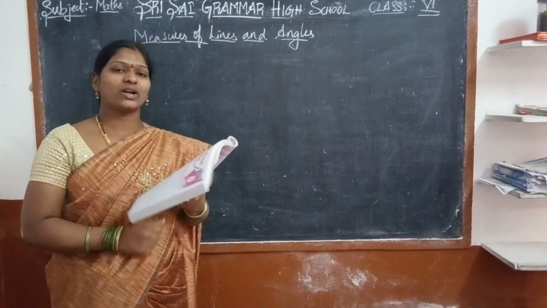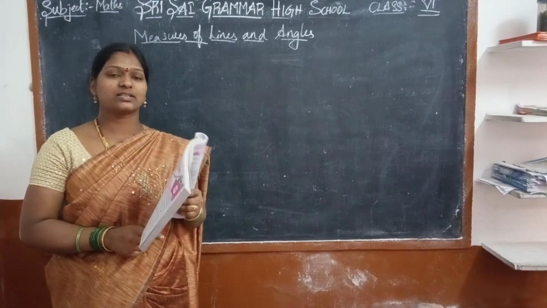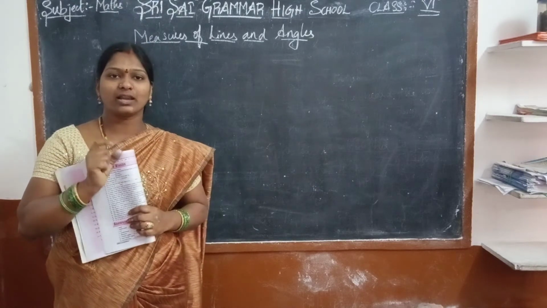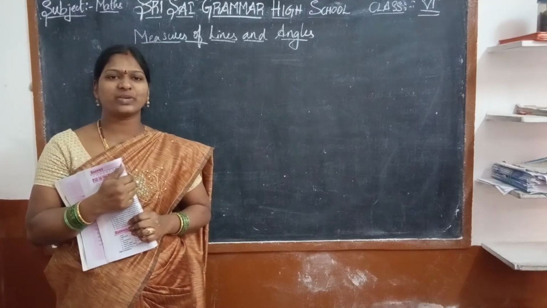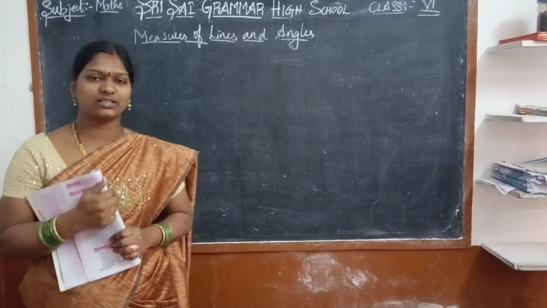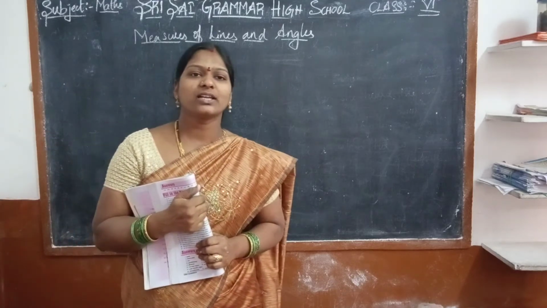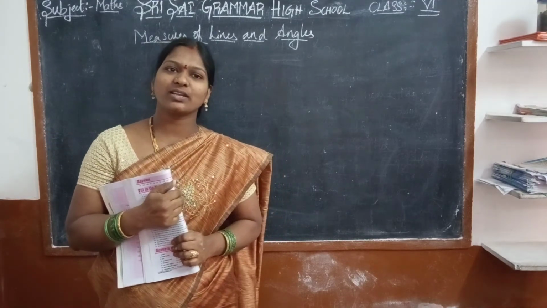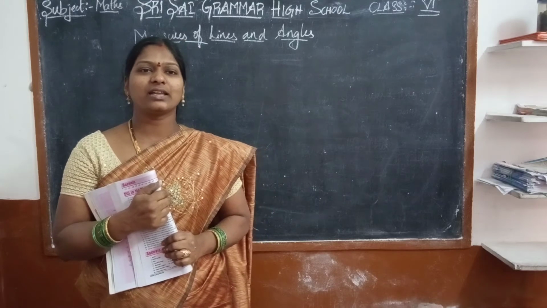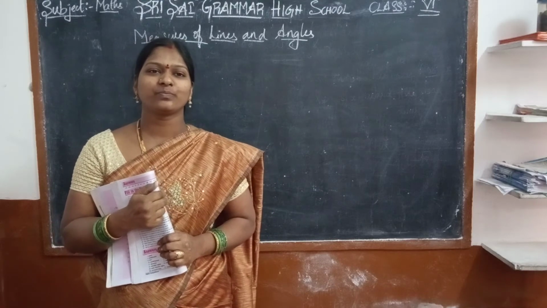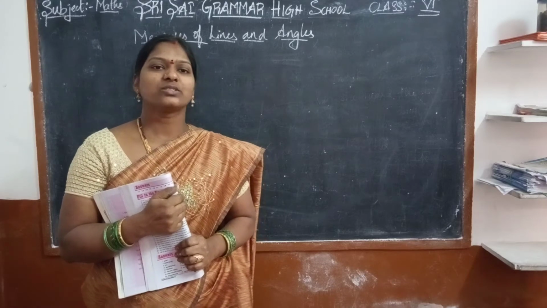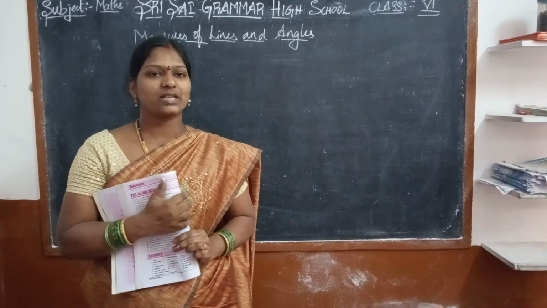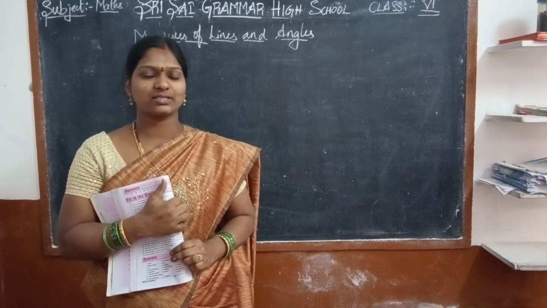So, now what is measure of lines and angles? How to measure a line? With a ruler? Yes. And we have seen some basic geometrical ideas in chapter 4. In that, we have learned what is an acute angle, what is a triangle, how the triangle is measured. Yes, we have learned, yes or no? In the same way, today we are going to learn some measures of lines and angles.